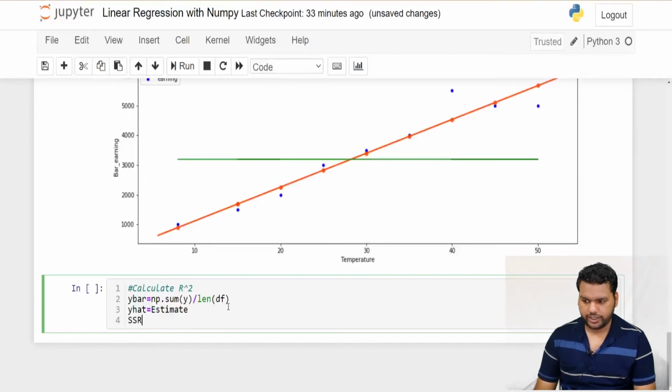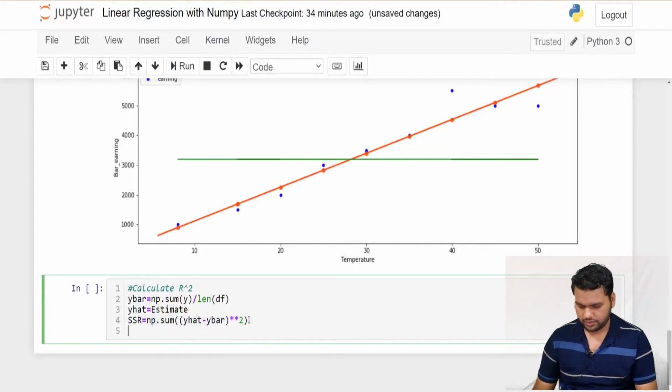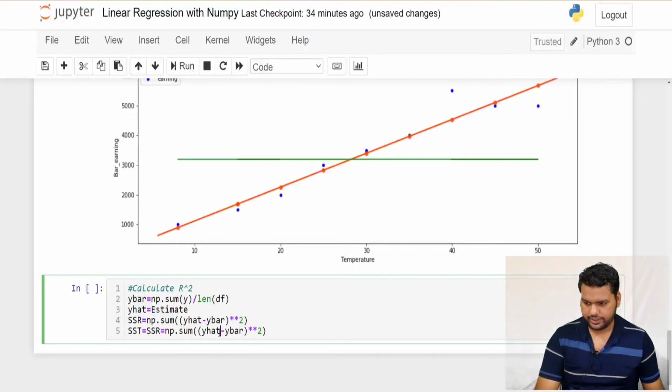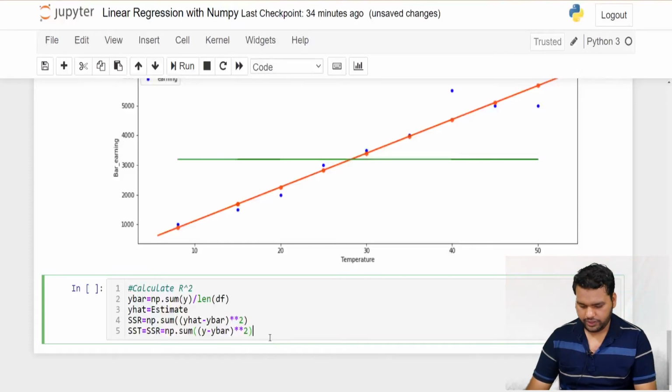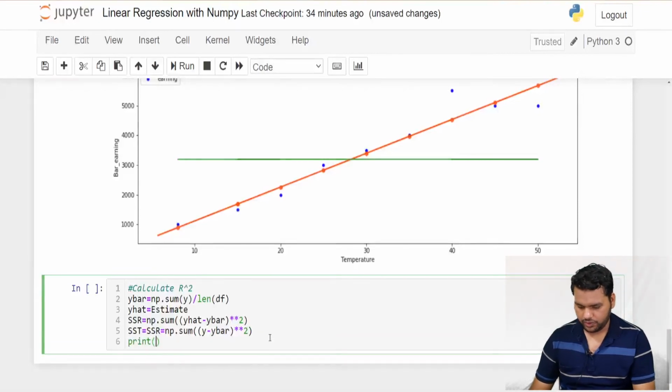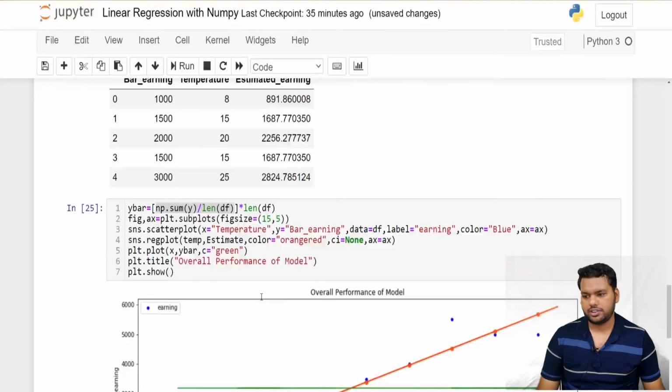So now we calculate the SSR, that is np.sum of y hat minus y bar, squared. Same how we calculate the SST, that is the total y, and then we can print.